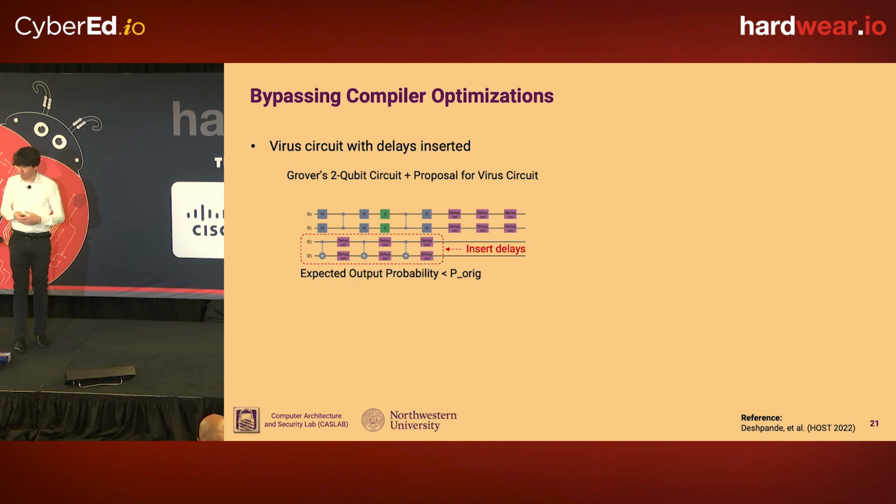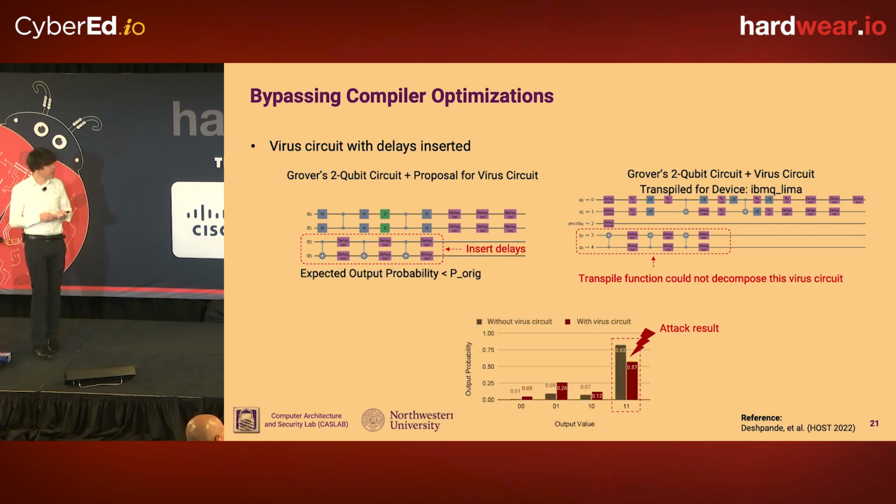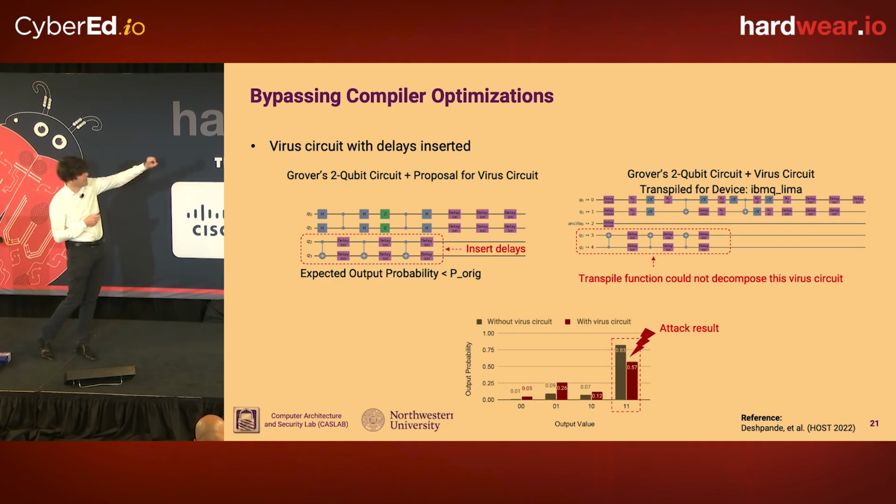But thinking about some hacky ways to bypass this. For example, if you insert a small delay or another gate between those CNOT gates, that prevents the compiler from optimizing out your attacker circuit, and you still get a circuit with a bunch of CNOT gates. So the end result is you have a victim that's running some quantum circuit. You have an attacker that's co-located, running their malicious circuit, which is a nonsense circuit, but it generates a lot of noise.